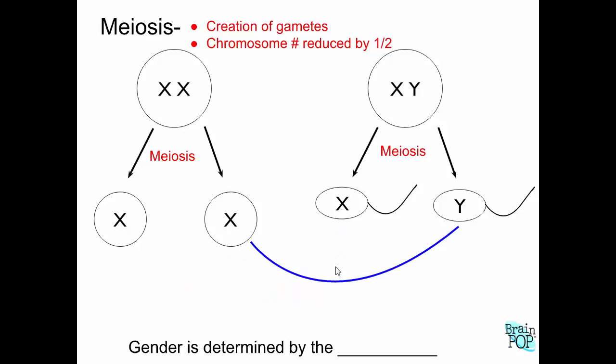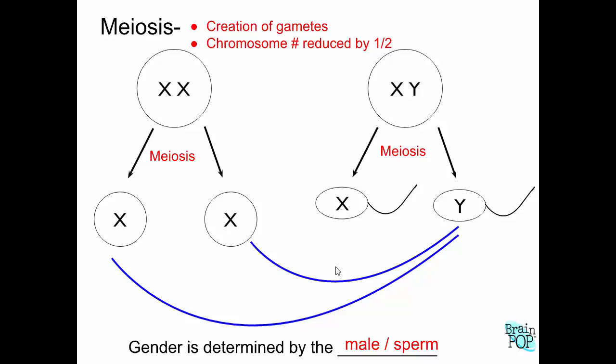However, if this sperm cell fertilizes this egg cell, what will the resulting embryo be? It will be male. Or if it fertilizes this egg cell, it will be male. So which parent actually determines the gender of a child? The father, the male, yes. The sperm cell. It's well beyond what we're going to talk about, but